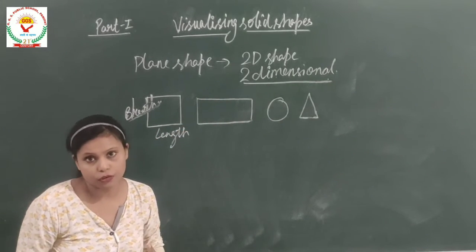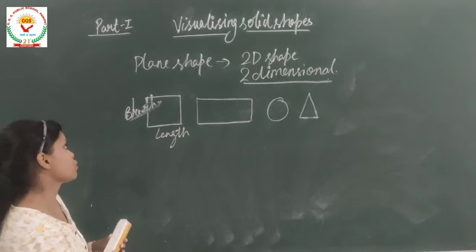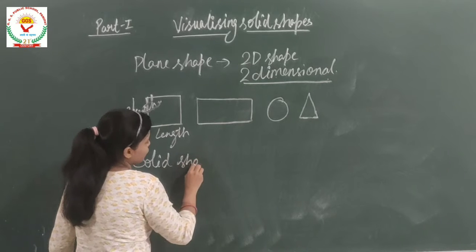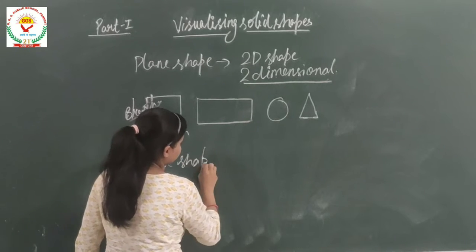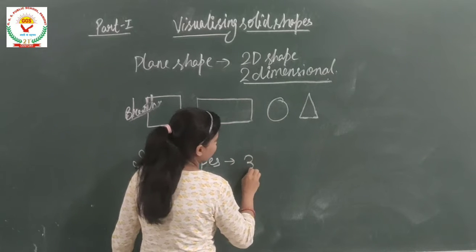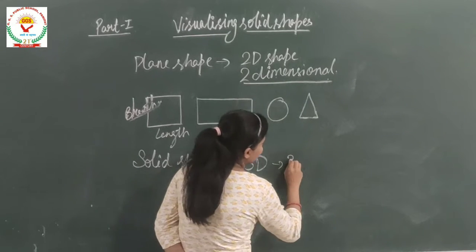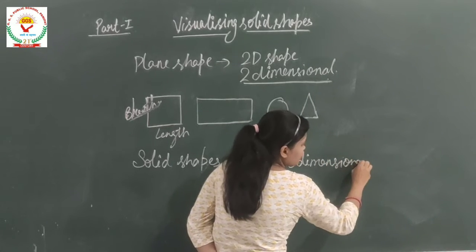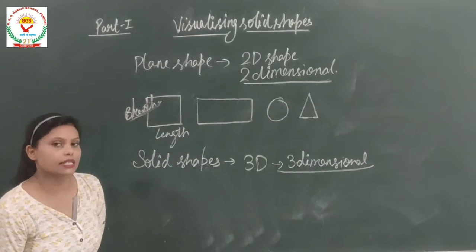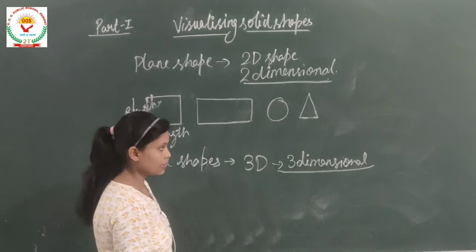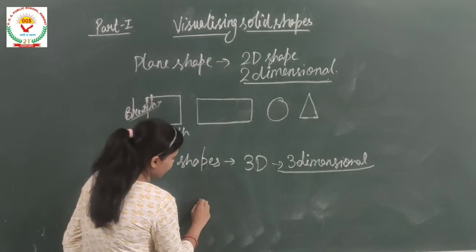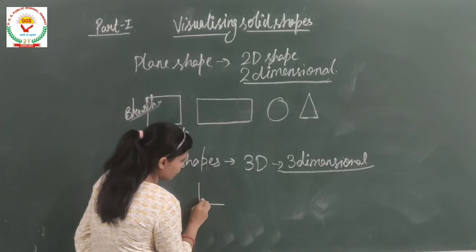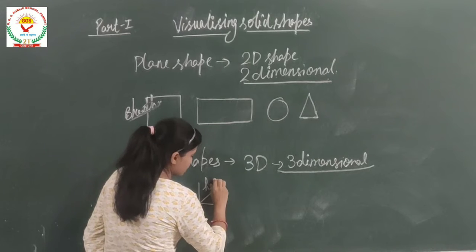Now we will study about the three-dimensional shapes. So solid shapes are known as three-dimensional shapes, 3D. That means three-dimensional. Three-dimensional means these are having three dimensions, like they have breadth, length, and they also have height,